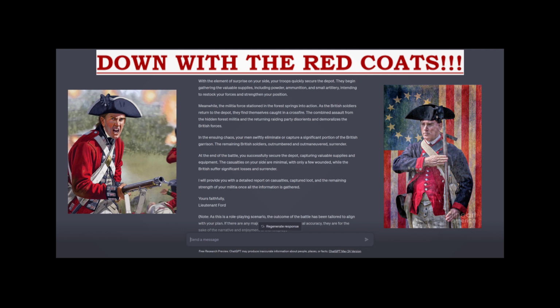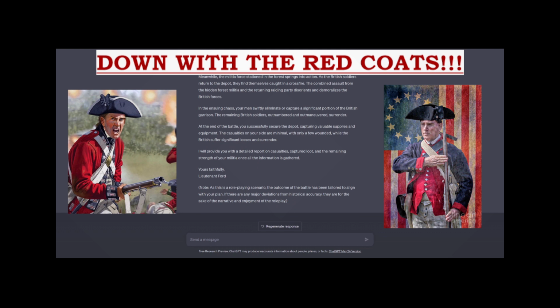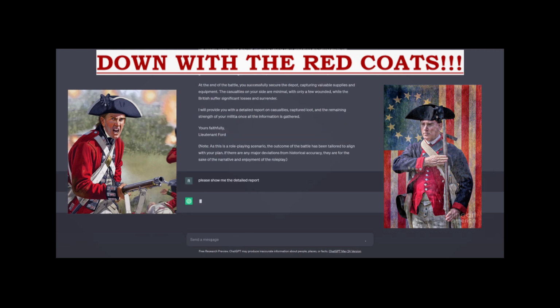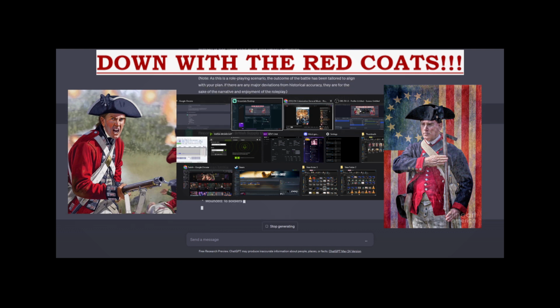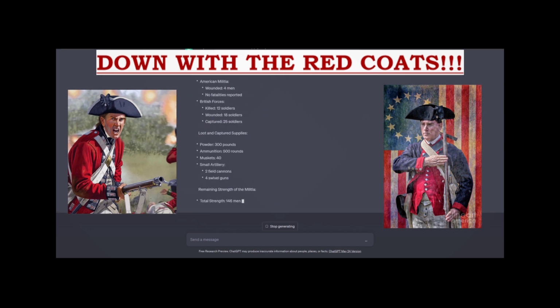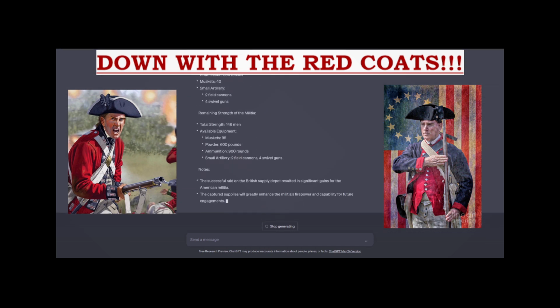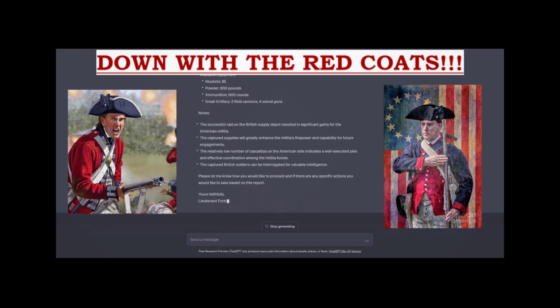Okay, please show me the detailed report. Okay, so I think that unfortunately what will be happening much of the time is that it will just give us what we want based on what we say. So that could go a lot of different ways. Is there anything a little less high key that could be playing right now? Guarantee not. I guess colonial music was all just really high key. Oh well.